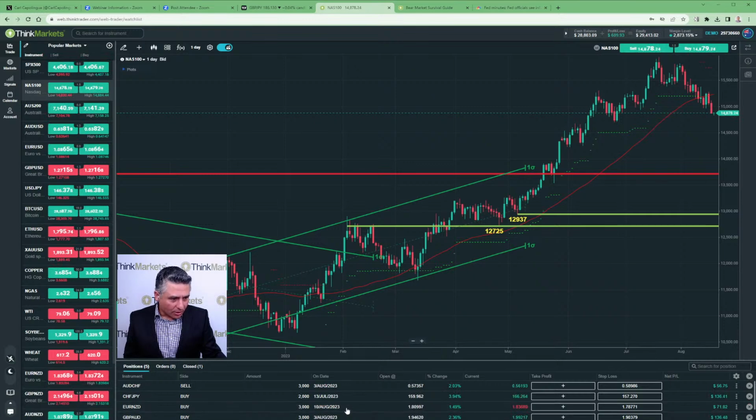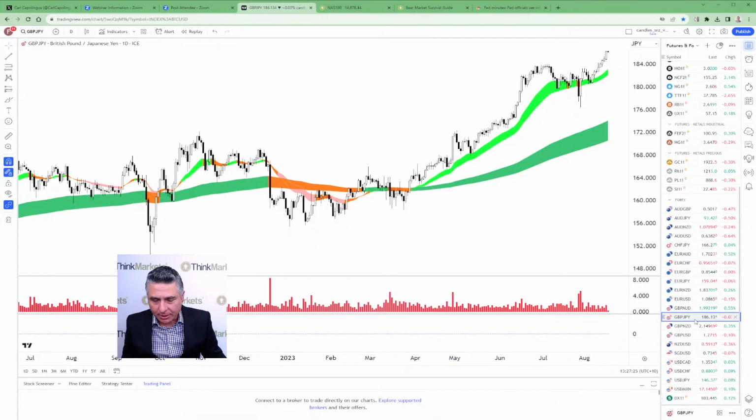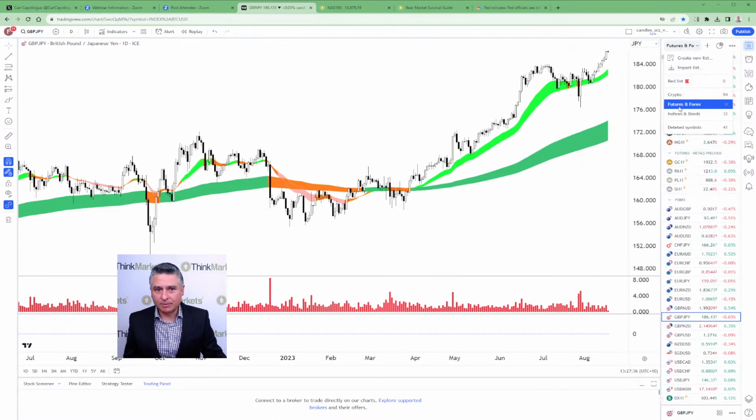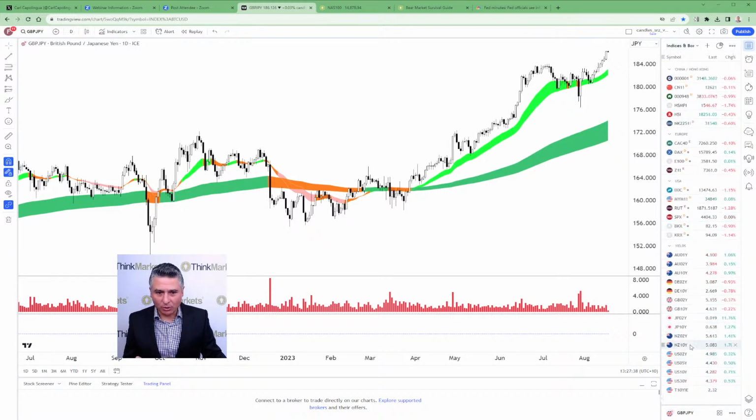I digress. I thought we did the sterling yen, but it seems we did the sterling Aussie instead. But that looks great, Perry. I can't see any reason why you can't continue to go long that. Let's look at some of the reasons why, and the reasons why are embedded in what's happening here with our